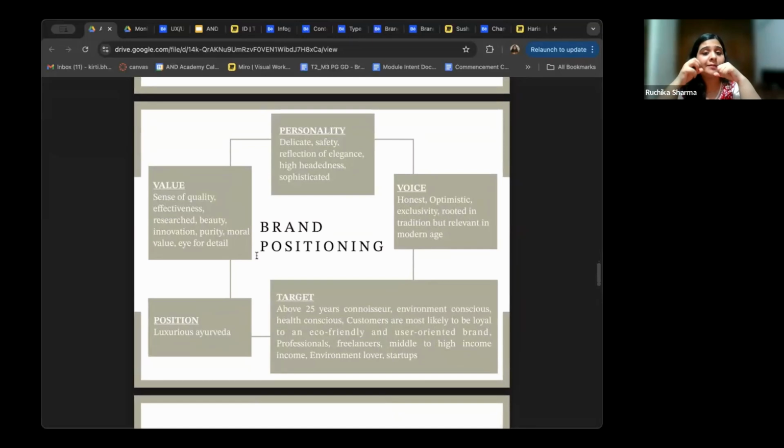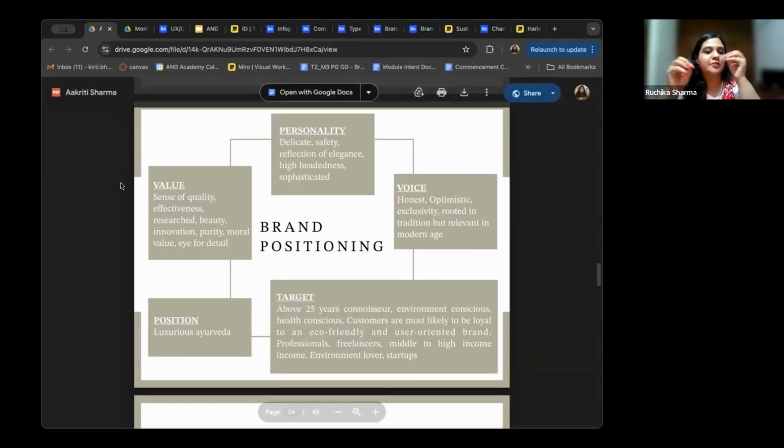Here, when you're studying a brand and you're converting a brand into something, you will be considering the brand as the person that you are designing for. There might be stakeholders, but who is it that you're representing? Who is it that the design is representing? It is representing Forest Essential.